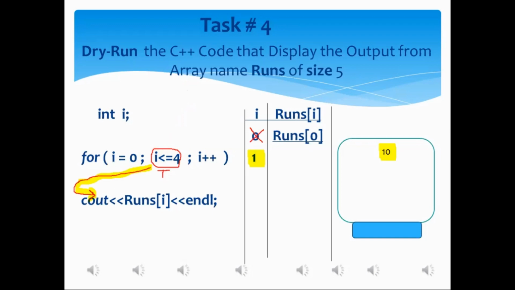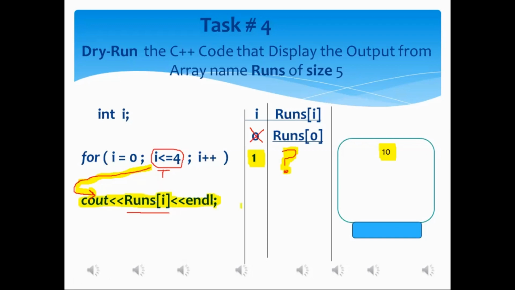Now if we look into the cout statement, we have specified an address in the cout statement, an address of the memory location of the array named runs. Whatever data value had been stored in that memory location will be displayed onto the monitor screen.